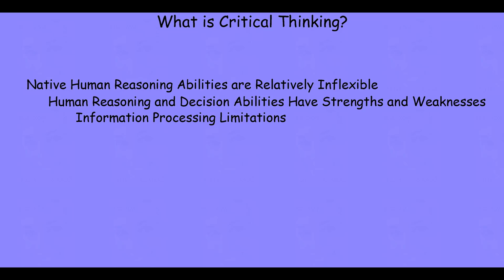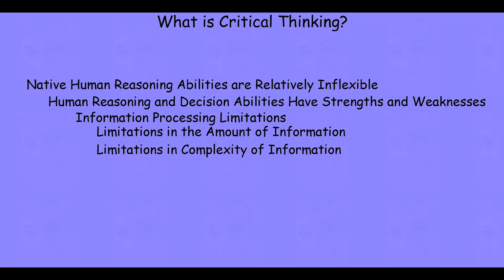And as a result, our conscious problem solving and our ability to represent information consciously in our working memory is extremely limited. And it's limited in two ways. There are limitations on the amount of information that we can process and use in conscious problem solving using working memory. And there are limitations on the complexity of that information, how complex it can be, how many interrelationships can occur within the information before we start to lose our hold on it.